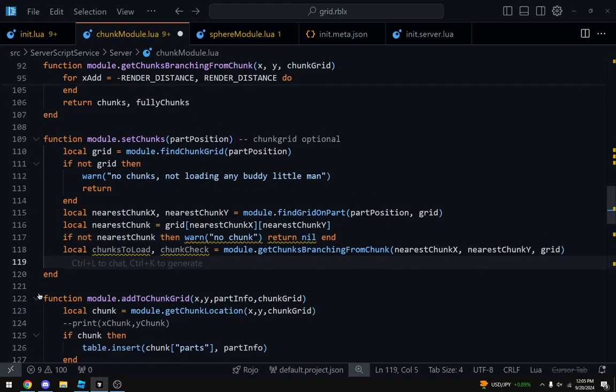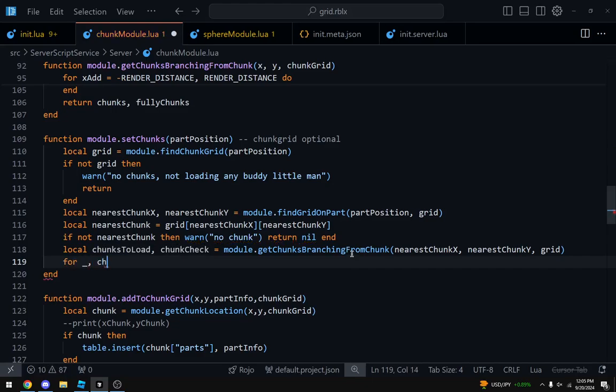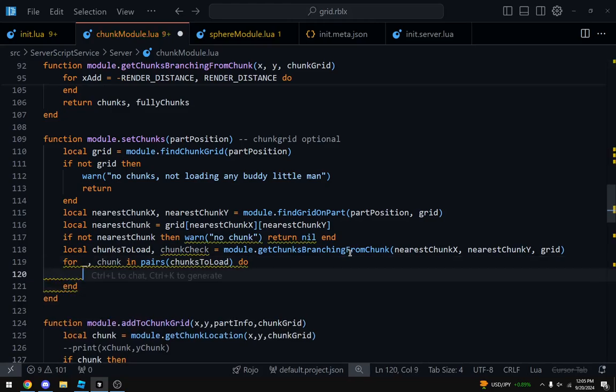And I'm not sure if that's going to be entirely important here, but yeah, we're going to have a table here. So we want to do for underscore chunk in pairs, chunks to load. I'm great at spelling, I know. Do, and we want to load the chunks.